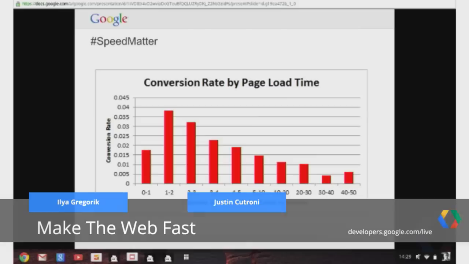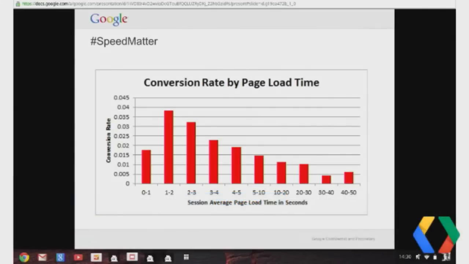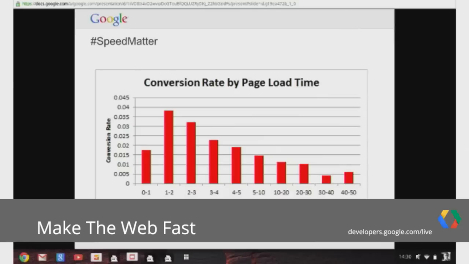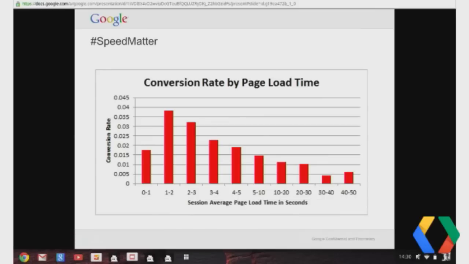And why are we doing this? Well, again, you talk to the speed guys, and their objective is they want to make the web fast. And there's a good reason to do that, because there's been a lot of studies that show the slower your website is, the lower your conversion rate's going to be, the more trouble your website visitors are going to have in reaching their objective or your business objective, whether that's buying a product or submitting a lead form.